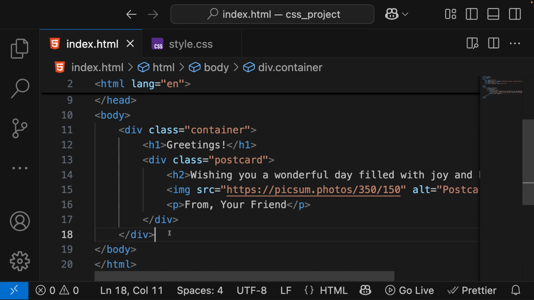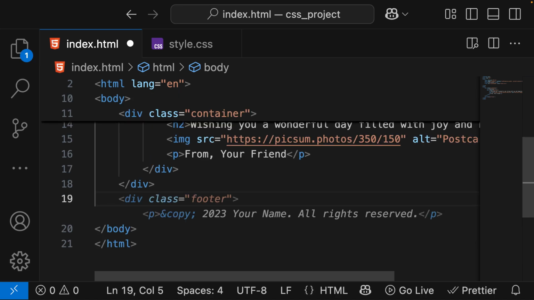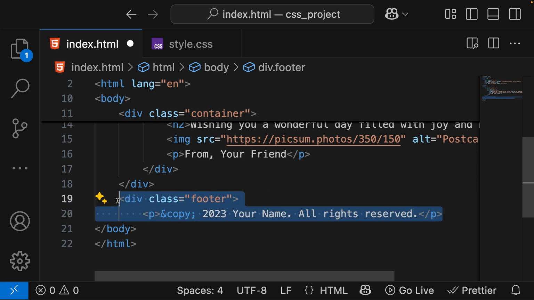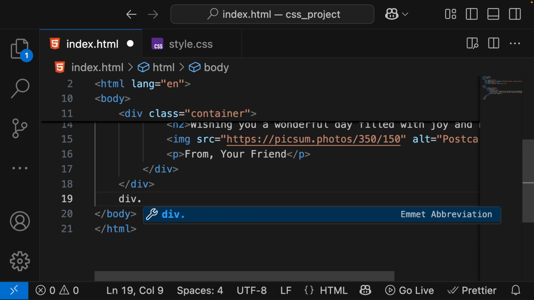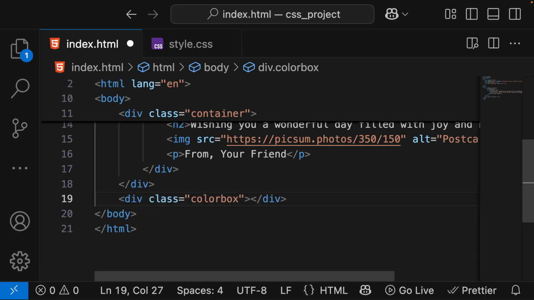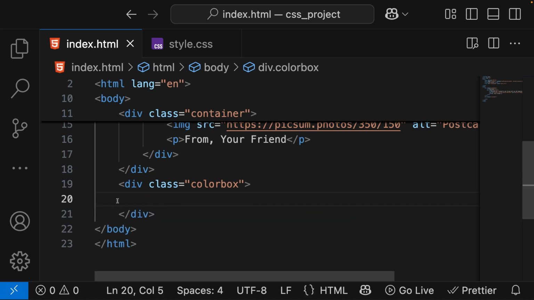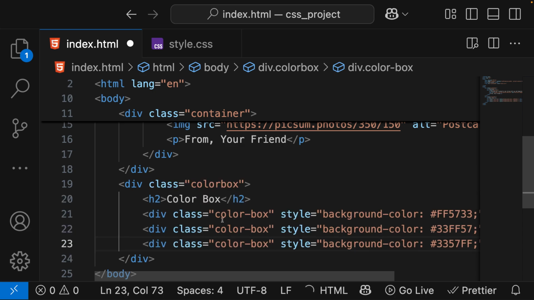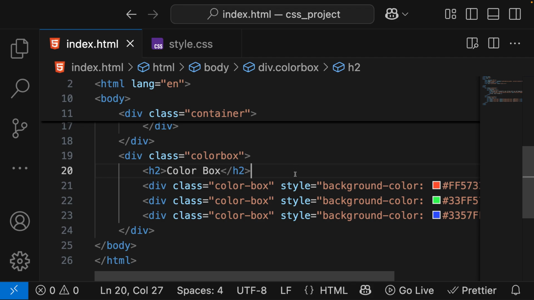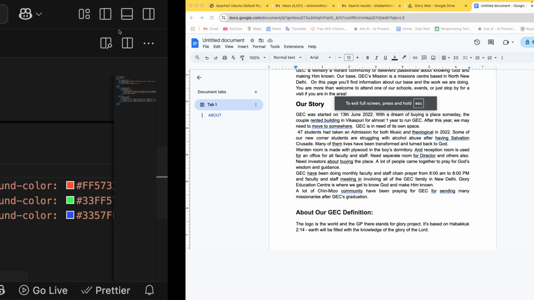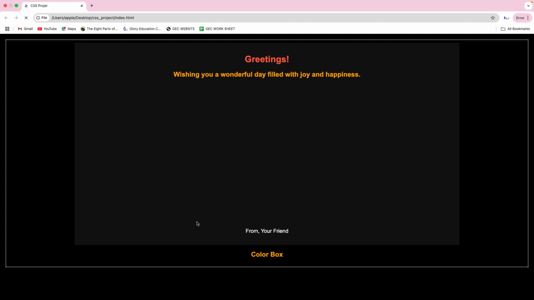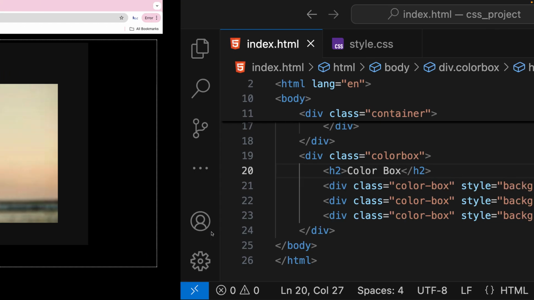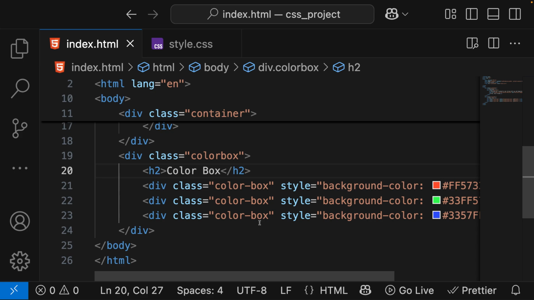And maybe if you want to create another section, then you can create a div dot class would be color box div. I will create another box, color box div, inside the HTML. Okay. So we now have the color box div,